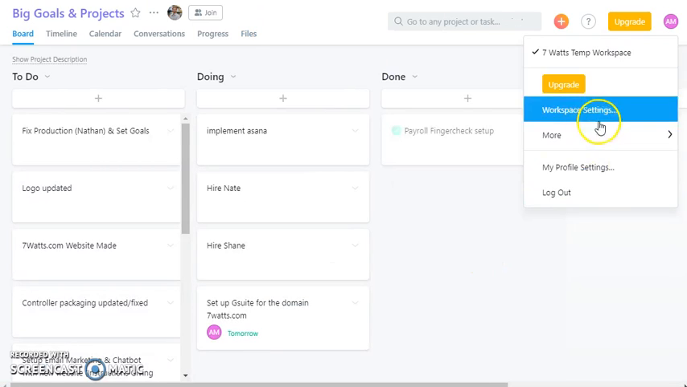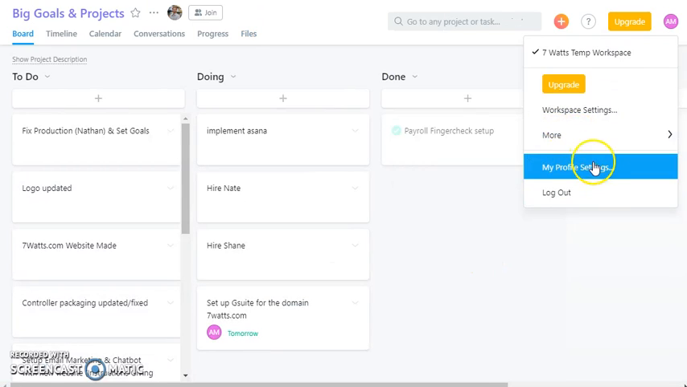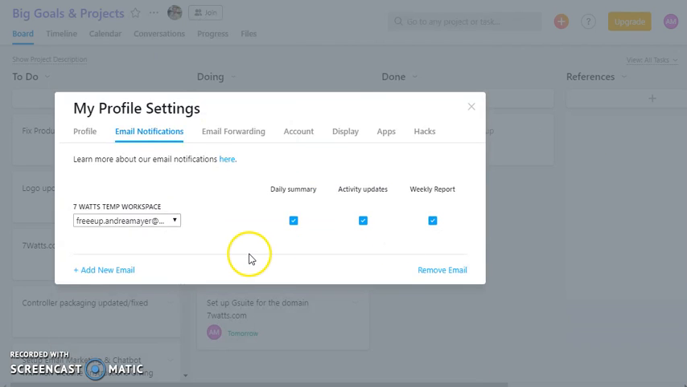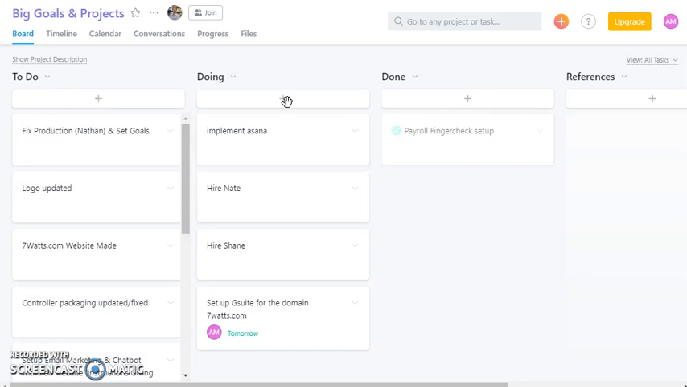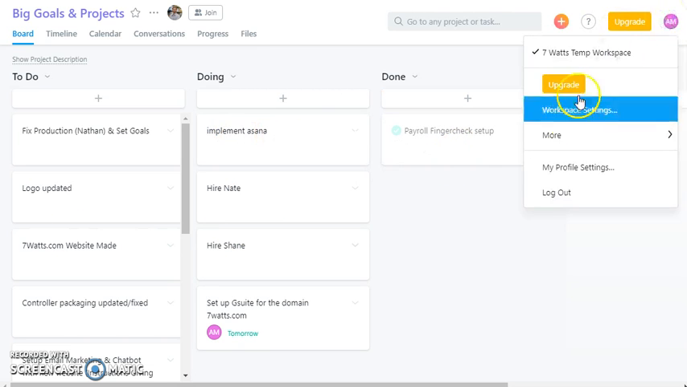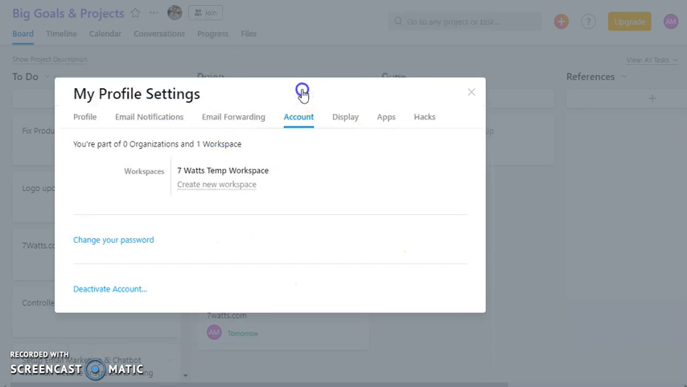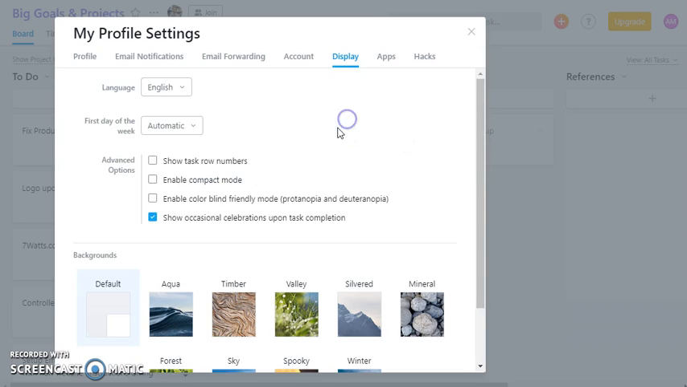Going back to your project, of course you can change the settings here. So what I figured is, sometimes it's quite confusing if I receive every email from Asana. So I usually disable that because I would check my Asana inbox anyway directly. One second. Profile settings. Yeah, same thing for email forwarding, account, display. Here you can just change